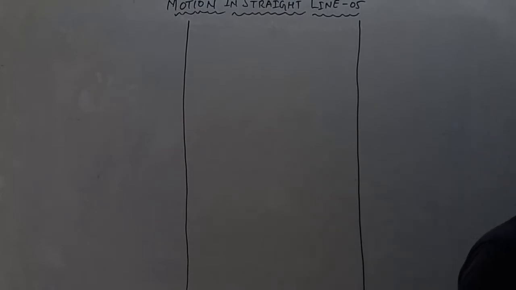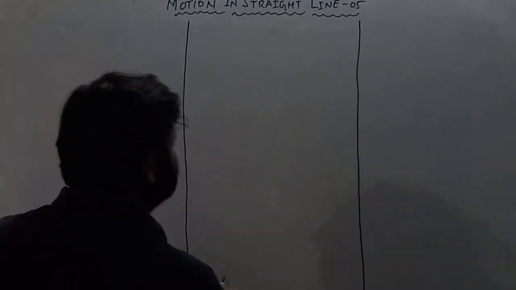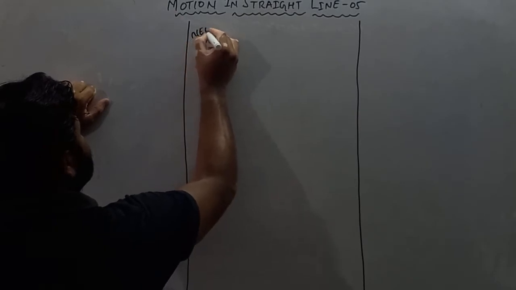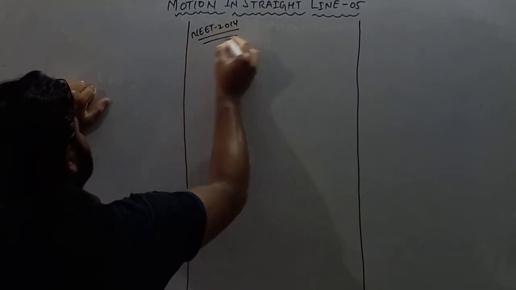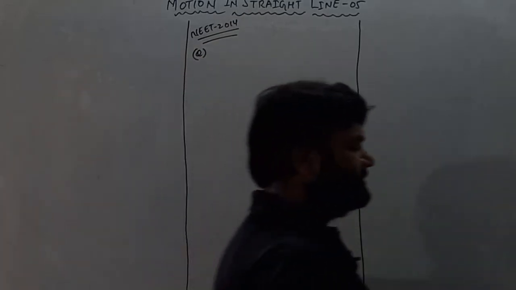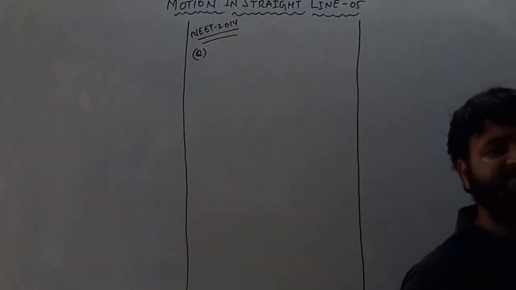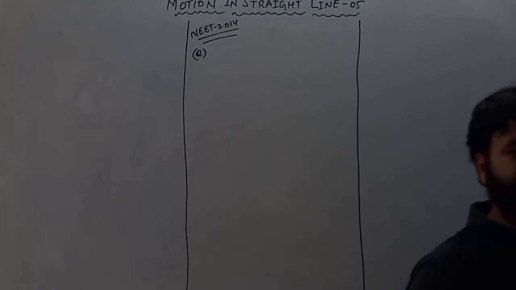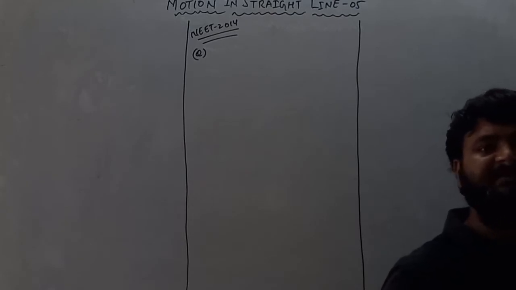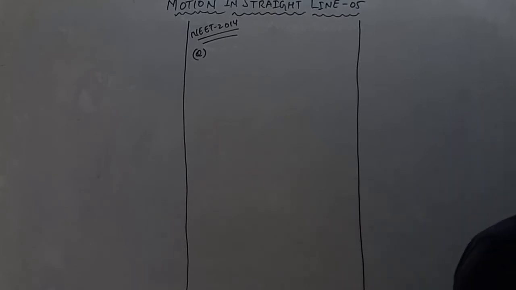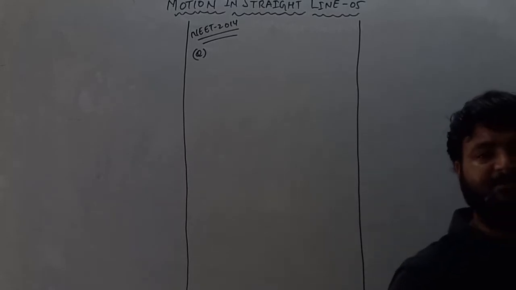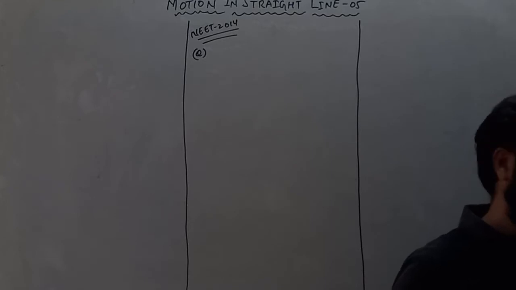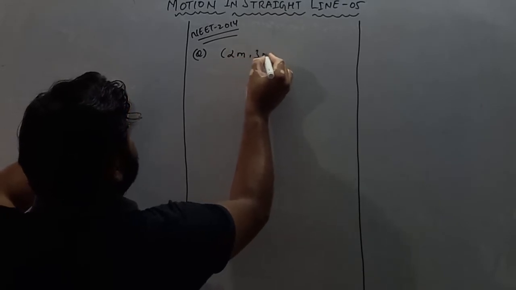So write down, very first question is, a particle is moving. This question was asked in AIPMT, which is now called NEET, in NEET 2014. So write down the question. The question says a particle is moving such that its position coordinates x comma y are 2 meter comma 3 meter